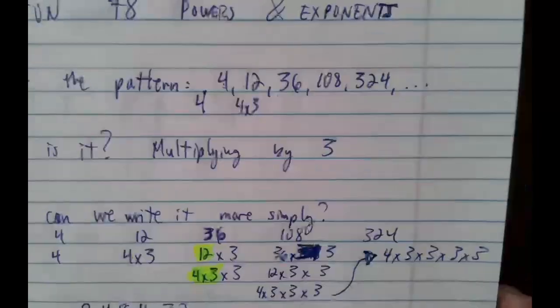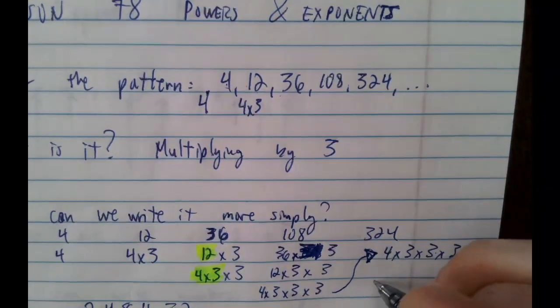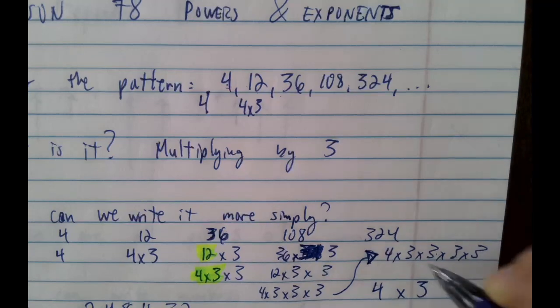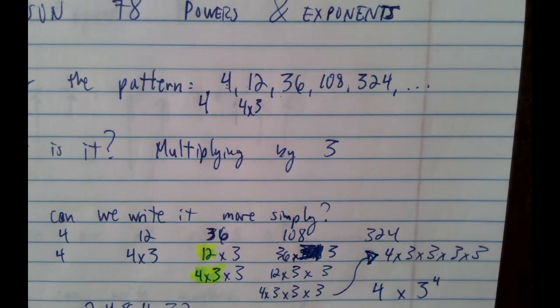So that notation is going to look like this. We're going to have 4 times 3 to the 1, 2, 3, fourth power. Why did I choose 4? Because there's 1, 2, 3, 4